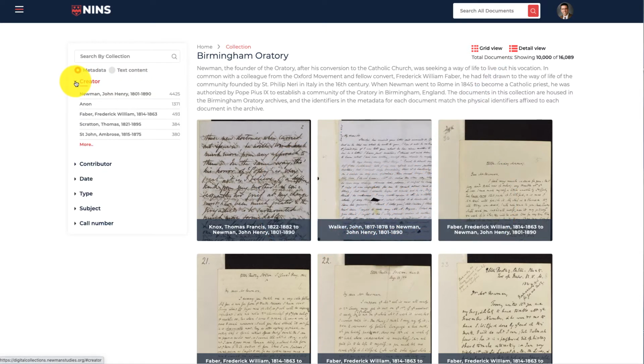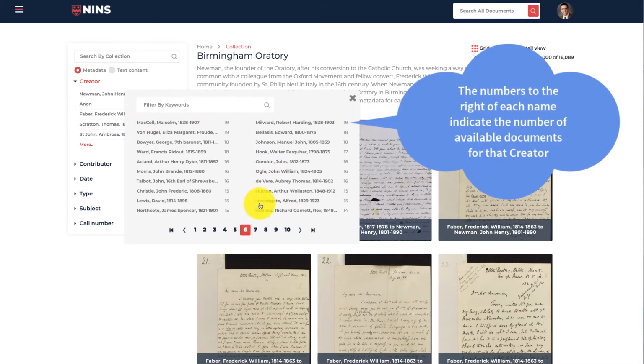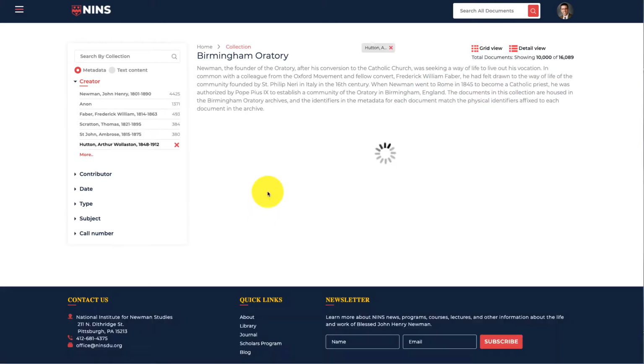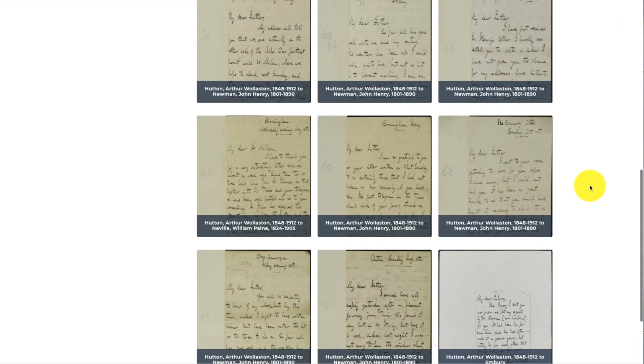The creator is who wrote the document. In a book, this would be the author. In a manuscript, they call that the creator. If you click the More button, you can actually search for a specific figure if you know exactly who you're looking for. So in this case, let's pick Arthur Hutton, and narrows the search down to the letters from that